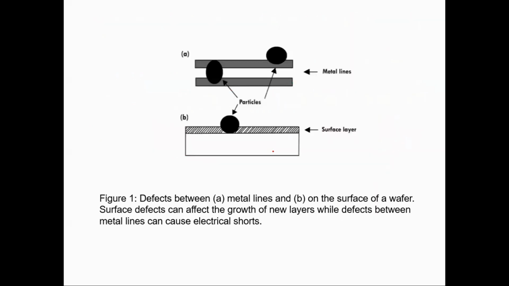So here you can see these are two metal lines, and we are going to discuss just this: how things are actually getting worse because of contaminants. So these are two metal lines. If something is there like this, it is going to reduce the width of the metal line, so it is actually increasing the resistance.